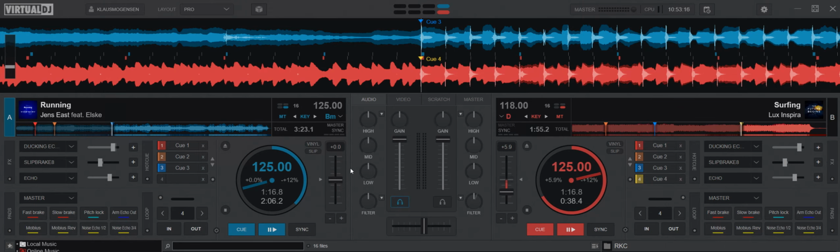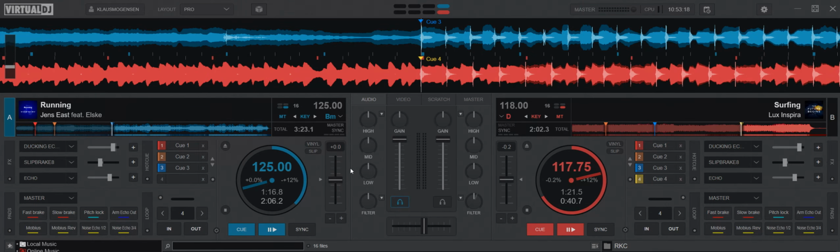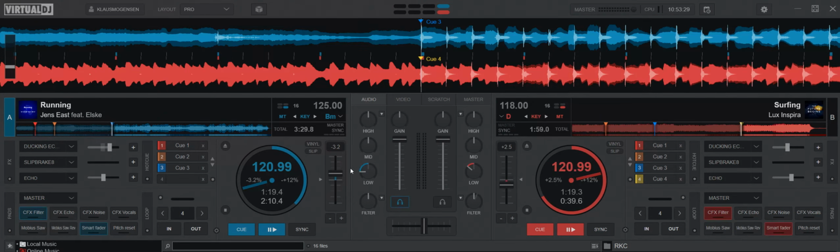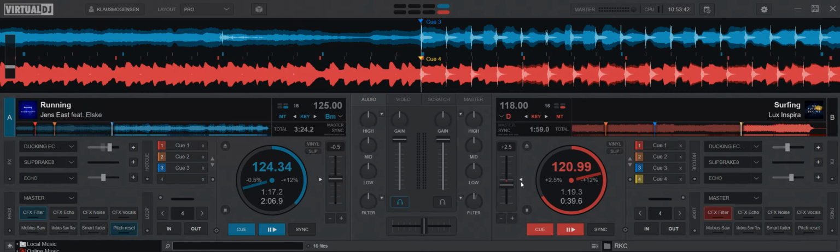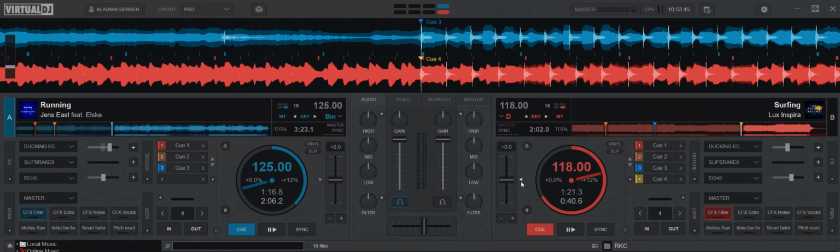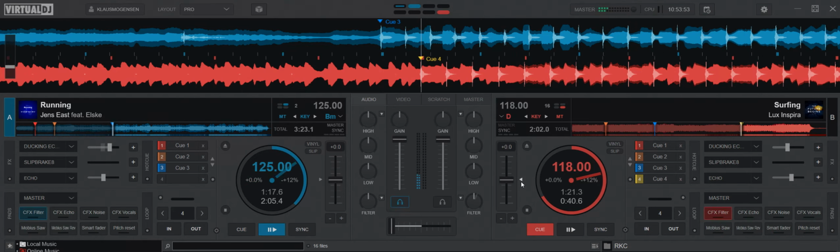So for that to really work, we have to set this back to its original pitch, and it does the most, if you will. And then we have to put the crossfader all the way to one side, because if we do it right now, then it changes some stuff on both decks, including the deck that's currently playing, and that's going to be weird. So it's important, before you click it, to have everything reset like I just did, like this, and then move the crossfader to the playing deck. So like this, and I play the deck, and I set it,